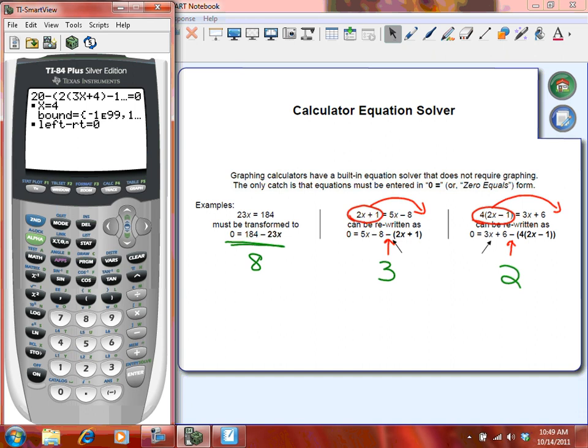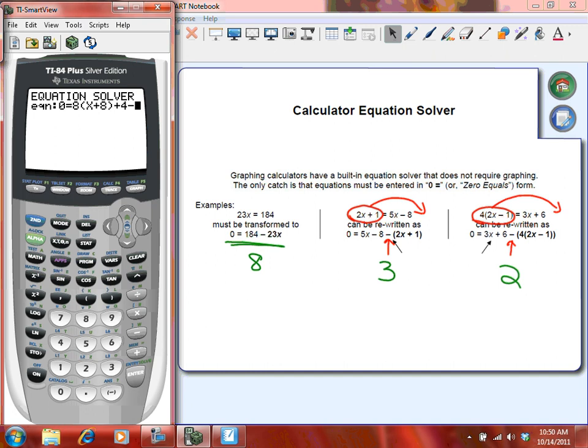Let's do number 13 together. It's a little tough. We'll do number 13 using the equation solver. So we're going to hit the up arrow key to go back to equation solver. Clear that equation out. We don't need it anymore. Now we're going to do number 13. We're going to type the right side of the equation in first. Type it in just like you see it. So it's going to be 8 parenthesis x plus 8, close your parenthesis, plus 4. That right there is the right side of the equation. Now you're going to minus,